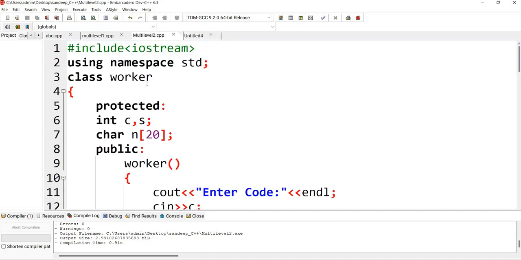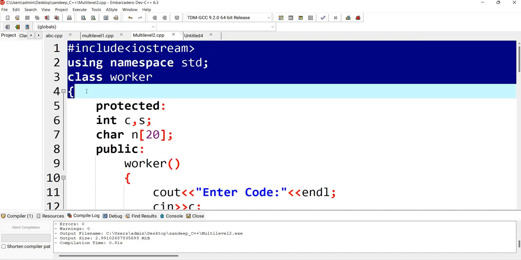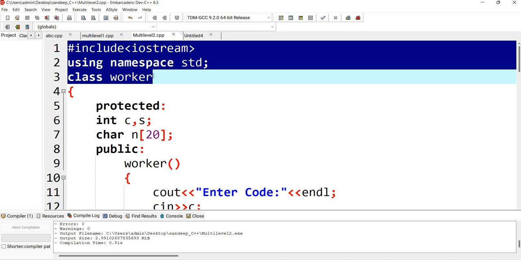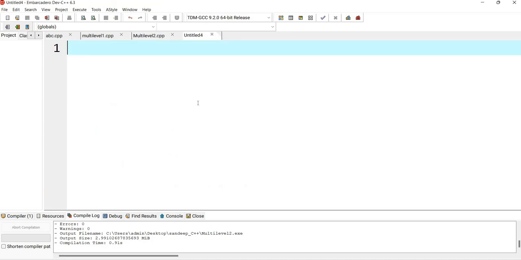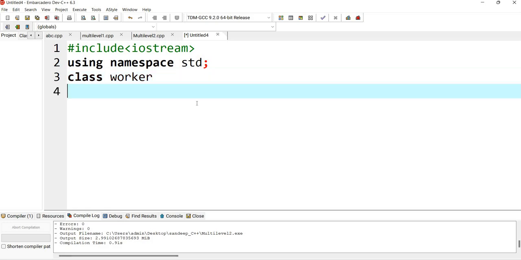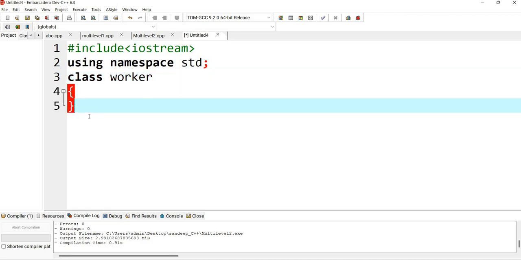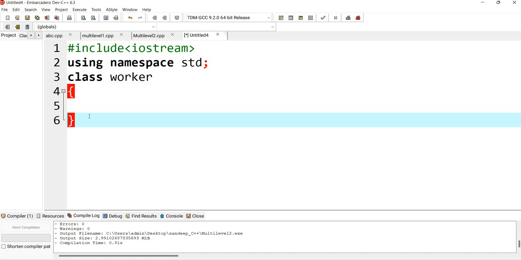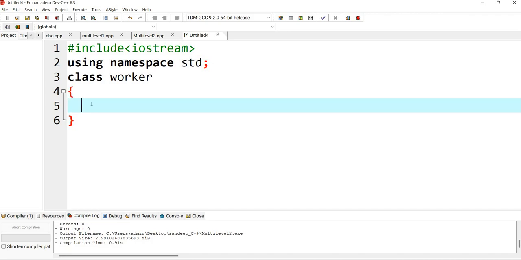I'll just take this class worker. Now within this again I have to use other values. So simply I can create this as I have declared in the previous program, as member variables.